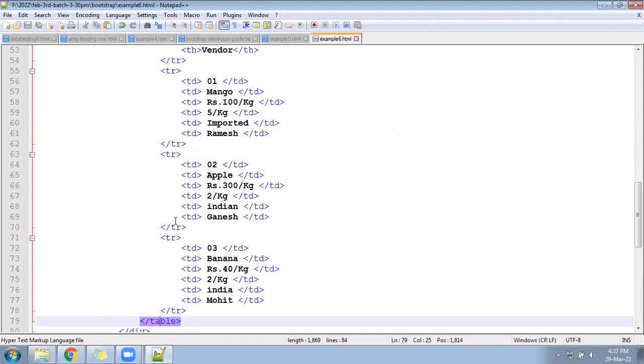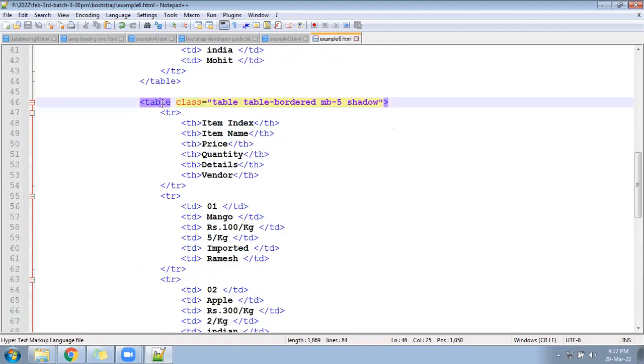Same table, copy and paste below. And the table shadow, let it be.